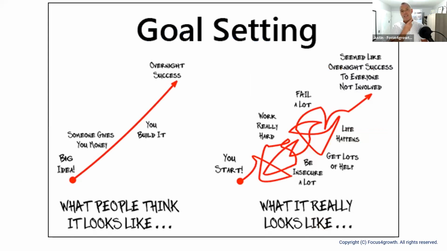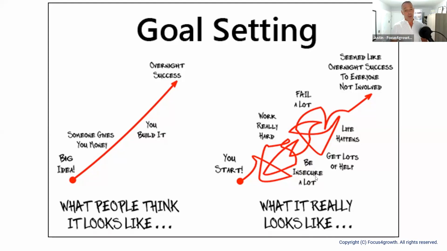And then, of course, goal setting, right? We always think it's going to be like this chart on the left. We think we have this great idea, we're going to get some investment or create some investment, we're going to build it and create something of value, and it's just going to keep moving forward in one direction. And actually, it doesn't ever work like that. I don't know if anybody's had that experience. If you have, I'd love to hear how you did it.